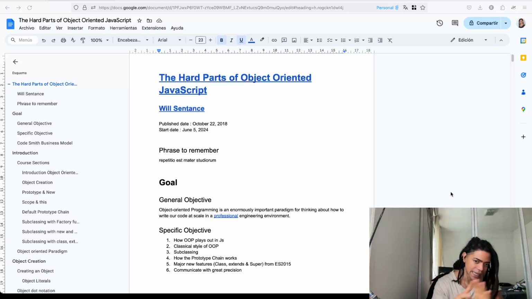Today we're going to talk about OOP in JavaScript and how that plays out, especially when we want to build applications that are scalable, easy to maintain, easy to debug, and easy to test, which is now much easier to do, especially with the new advancements in the language thanks to the TC39 committee, which is the